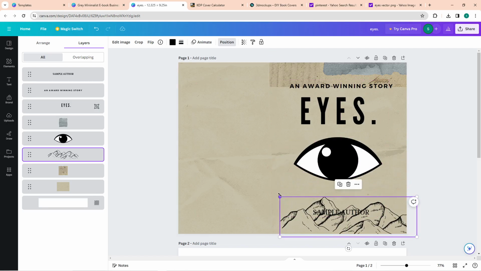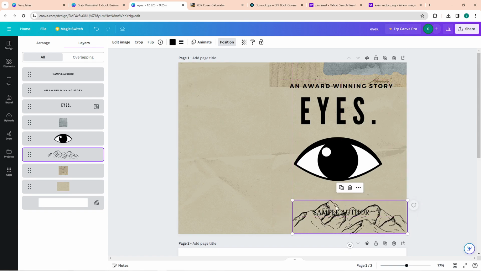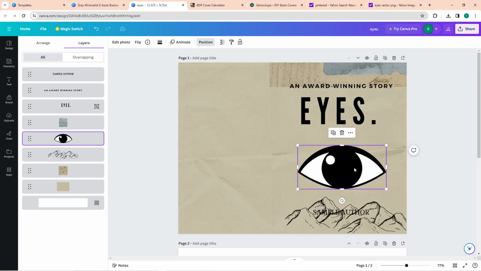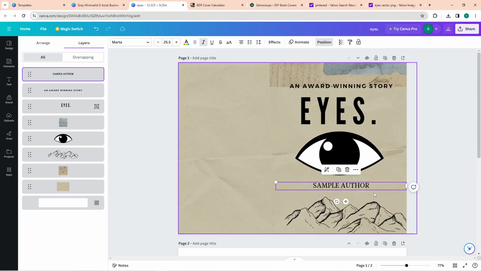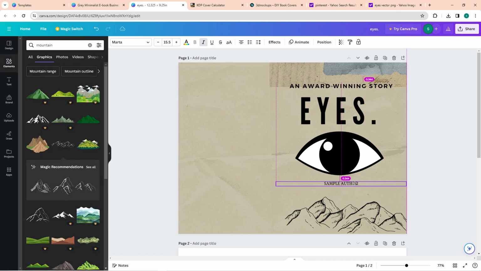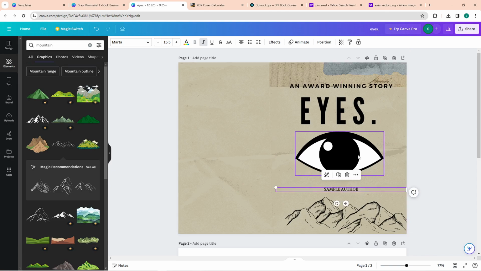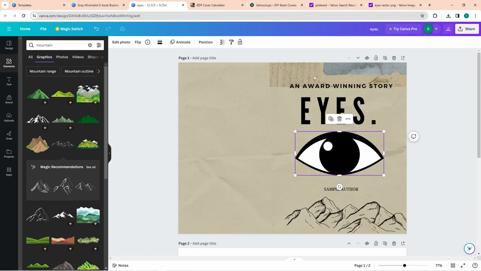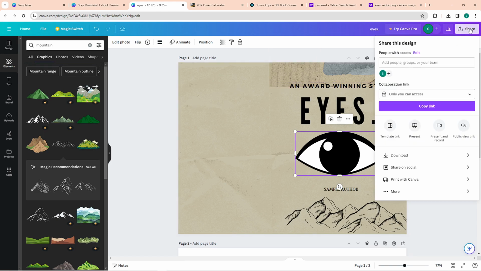Now, the last thing to consider in your book cover is the spacing. Ensure that your design has proper spacing and proper alignment. The elements should be balanced and not cluttered. Once you have your design finalized, save your cover as a PDF or a PNG. In my case, I'll save it as PNG. So to do that, just click on the share button, find the download icon, and from here, just select the